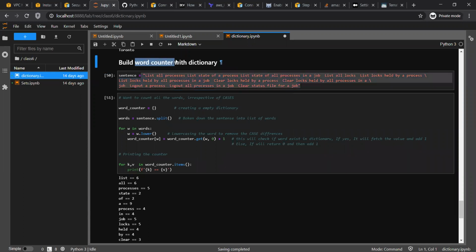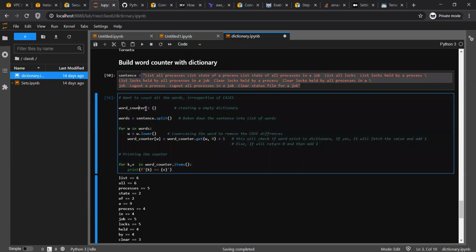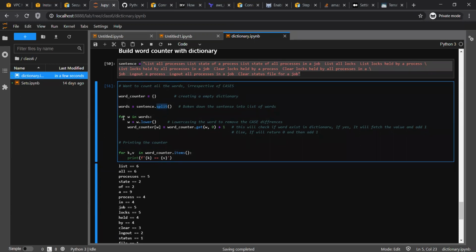So what I have done here, if you see in word counter, I have created a variable creating an empty dictionary. Then if you remember, we can create a list by using a split function. Suppose this is a sentence, I can split it, it will give me a list. Then I'm looping through that words list, for word W in words.